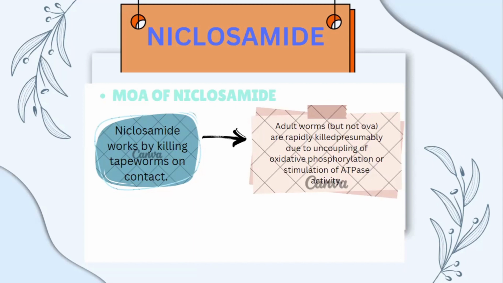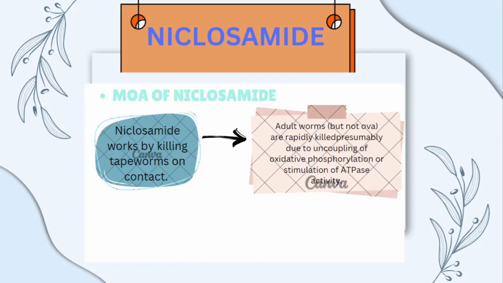So the next drug is Niclosamide. So the main mechanism of action of Niclosamide is quite similar to Praziquantel, as it is also an anthelmintic drug against the tapeworm. So it kills the tapeworm on contact. Adult forms are mainly killed, not the ova stage. So it is rapidly killed due to the uncoupling of oxidative phosphorylation, which leads to the stimulation of ATPase activity. Means what? So mainly